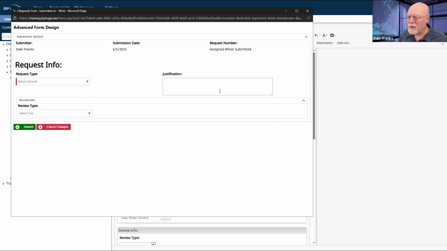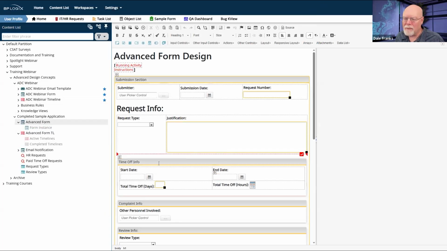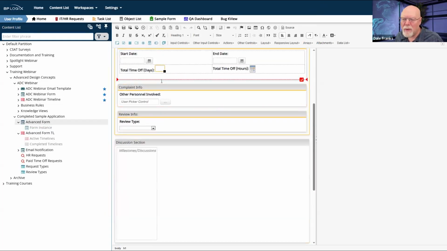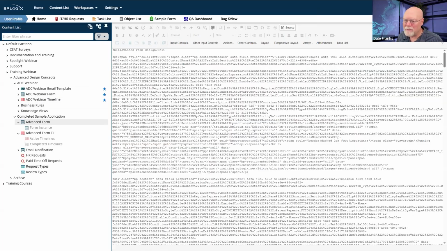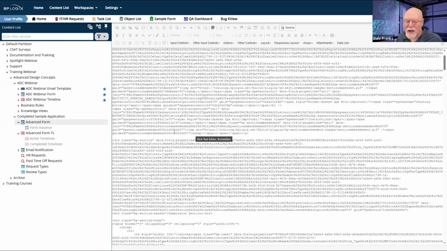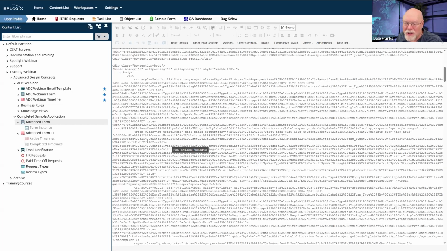But you at least have to think about your spacing. For these, you may notice that there is no spacing between the controls here, the section controls. They're all jammed up right next to each other, but it's kind of hard to tell that. You often have to go into source, which I may have done, to make those changes so that they all run together.